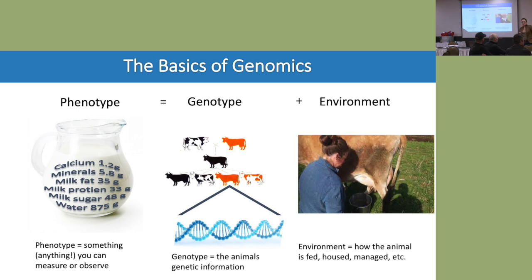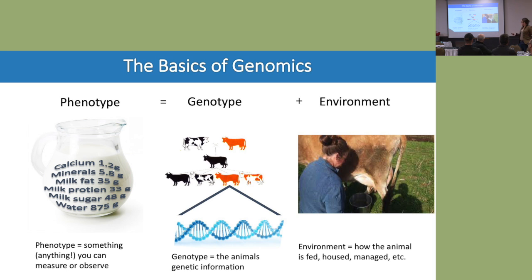So heritability of height is pretty high. The heritability of human height is like 0.8, I think. And for cattle, stature is really a highly heritable trait. So if you're tall, your partner is tall, your kids are probably going to be more tall than average. And the same thing is true for a lot of other traits. But heritability for some traits is lower, like milk production, 0.4, 0.3, somewhere in between there, and it changes according to the population that you're measuring. So sometimes genotype has a huge role, and sometimes the environment has a huge role. And sometimes there's even interactions between those two, but that's too complicated. We don't want to talk about that.